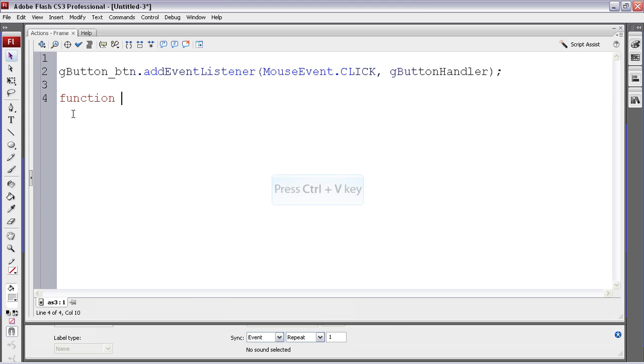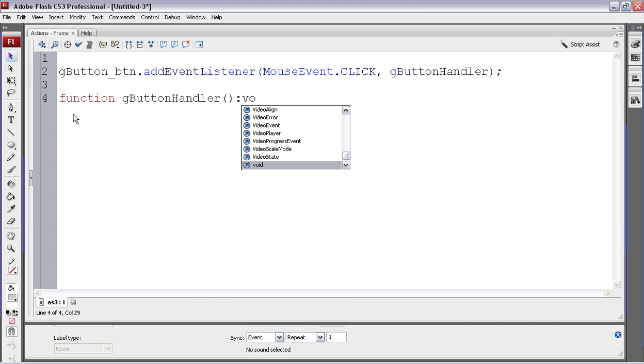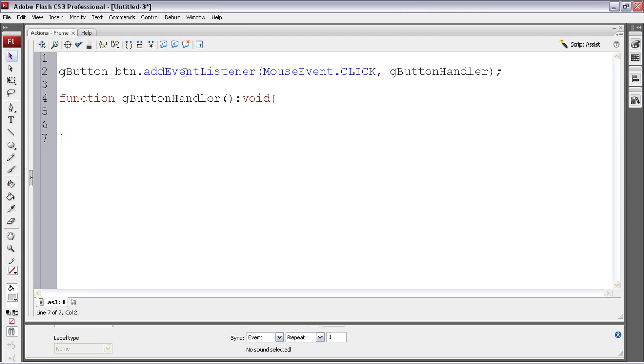And I go ahead and give it my function name, which I just made up. I'm not going to be returning anything, so I'll put void, open curly brace, end curly brace, and inside these parentheses, I have to accept a parameter. The reason is because the event listener is going to send it an event parameter, so I'll go ahead and say evt colon, and let the function know it's the same kind of event that I have here,